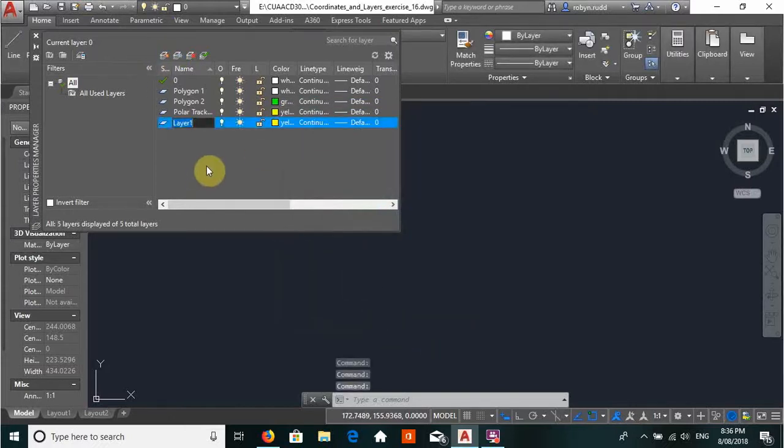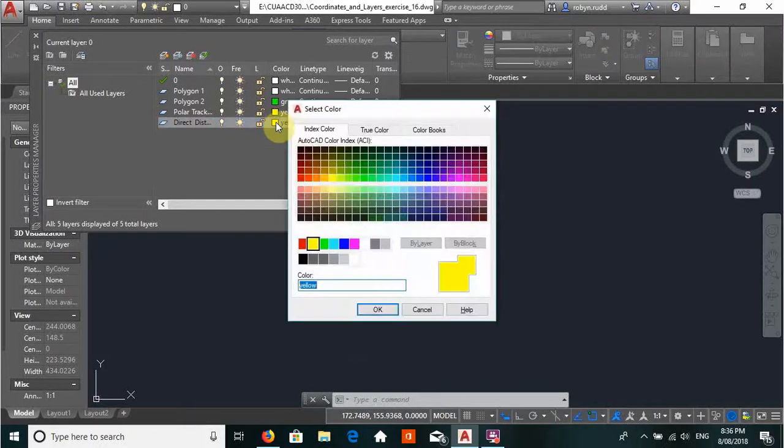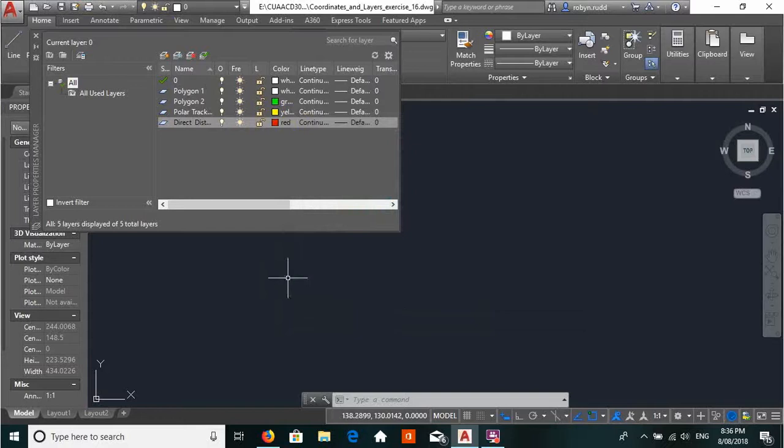And again, direct distance. Okay, and you're going to choose red. Okay, now you can actually see that you've now developed some layers, or a group of layers that are represented